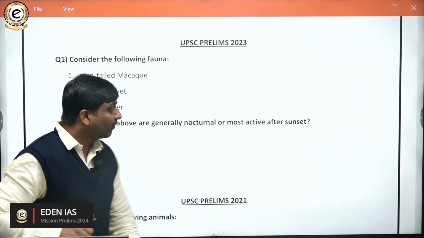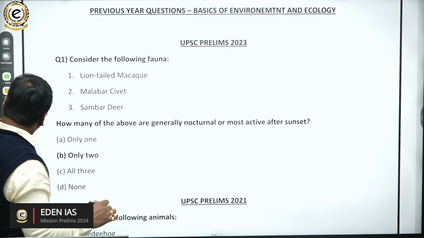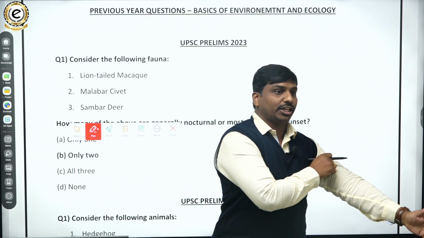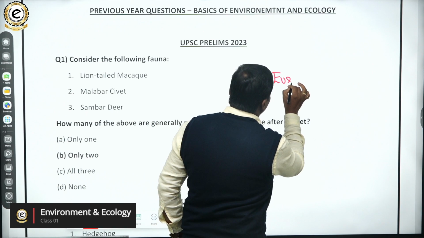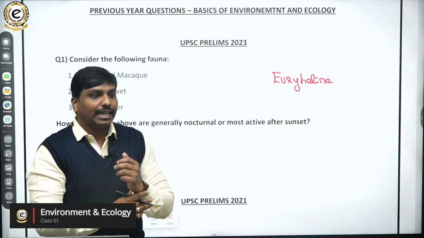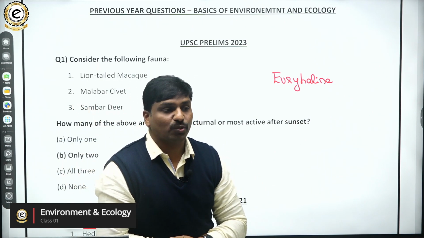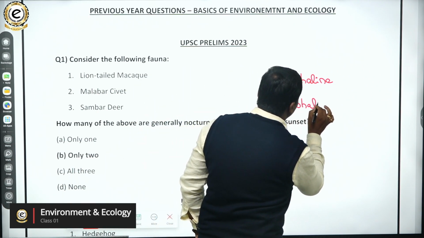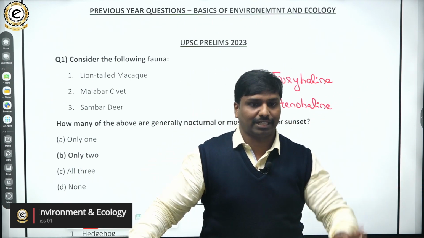So some organisms can withstand the saline conditions. Those organisms which can withstand the saline conditions are nothing but euryhaline organisms. And some organisms can withstand only small degrees of salinity. So they are nothing but stenohaline. In a similar fashion, we also can have responses to the temperature, eurythermal and stenothermal.